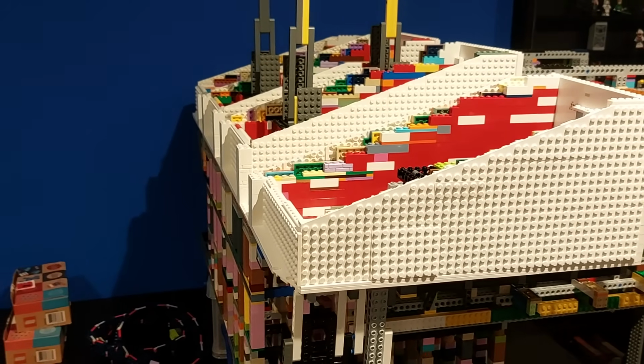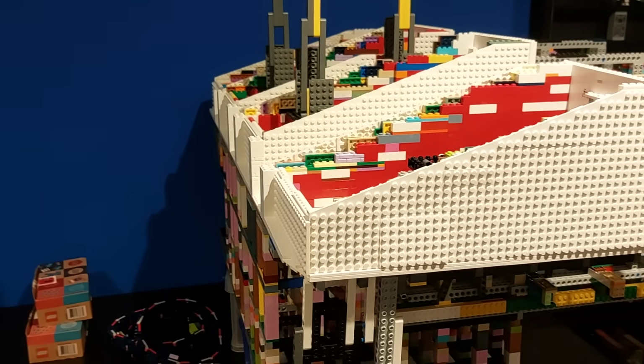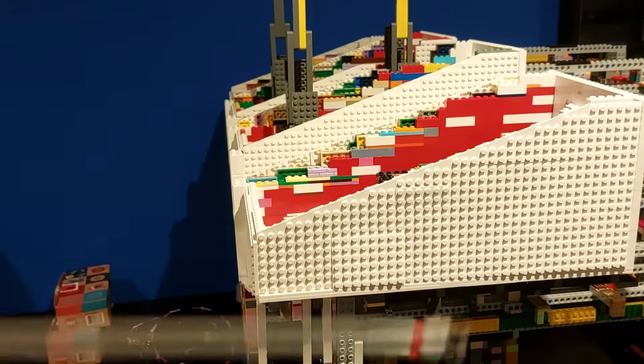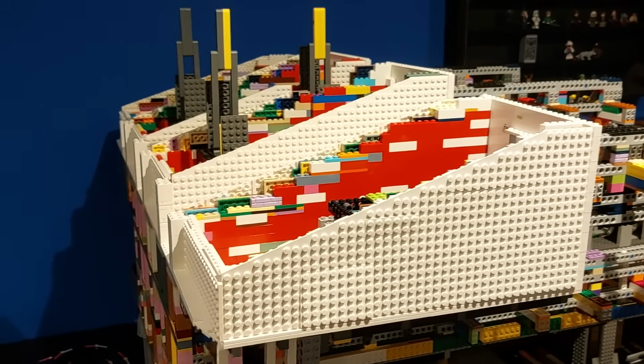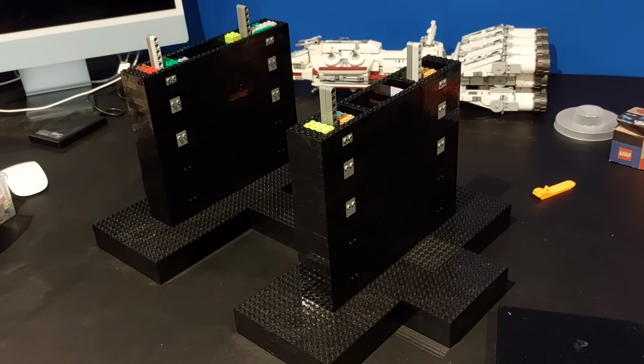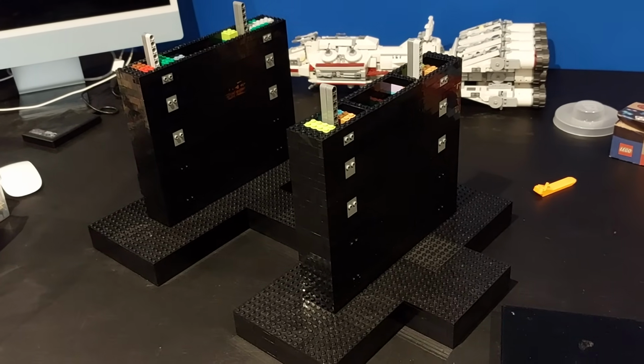Without further ado, let's start the display stand. Let's work out how big I'm going to make the new display stand, as I'm going to change that as well. This is going to have larger feet on it, and we'll make a decision about the engines a little bit later. And here we have the start of the display stand for the engine section of the vessel, and